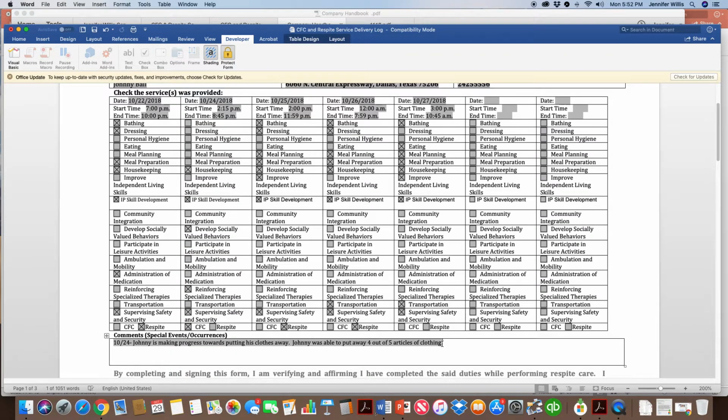So I am going to just document here from 10:25 to 10:27 that Johnny was provided respite care while his primary caretaker was out of town. Okay, so I am documenting, but I also can document that while providing